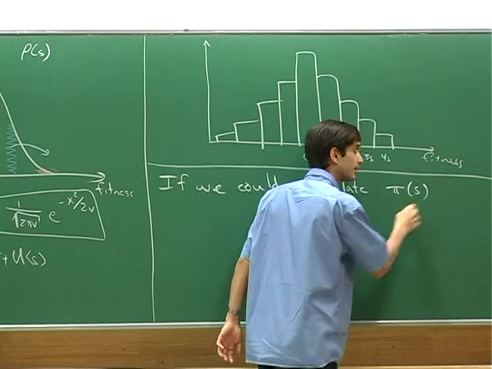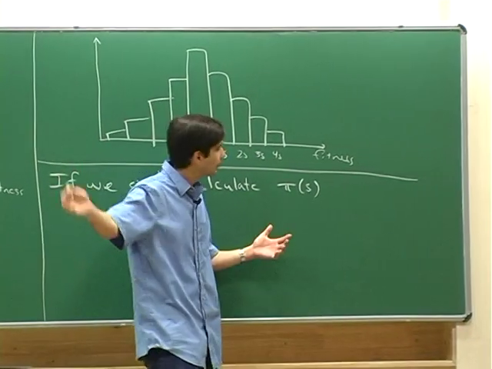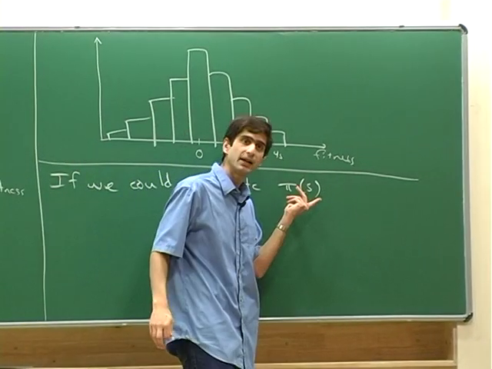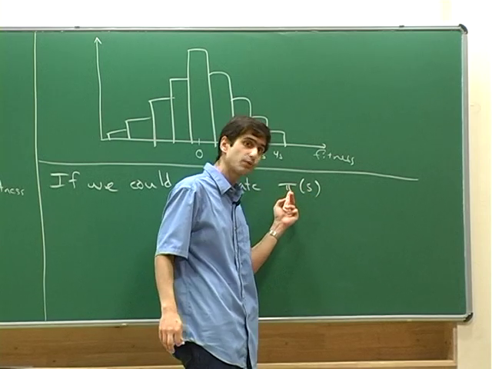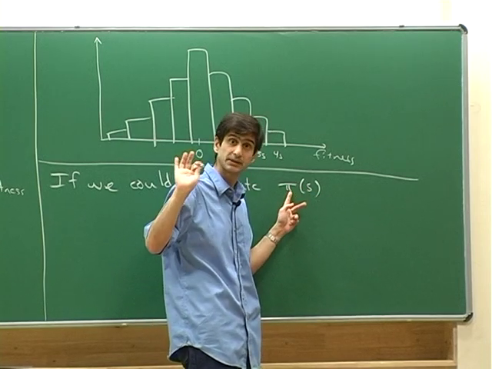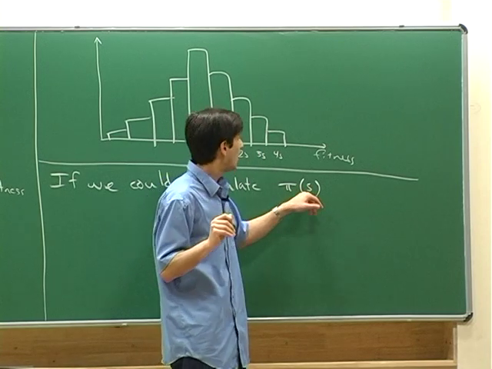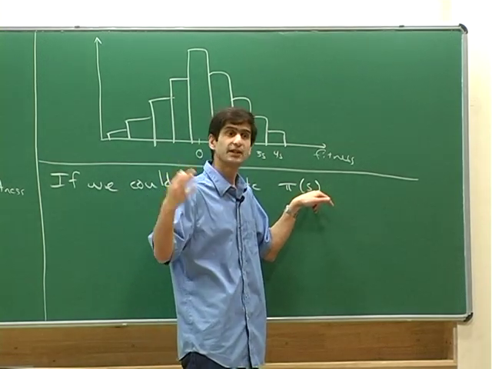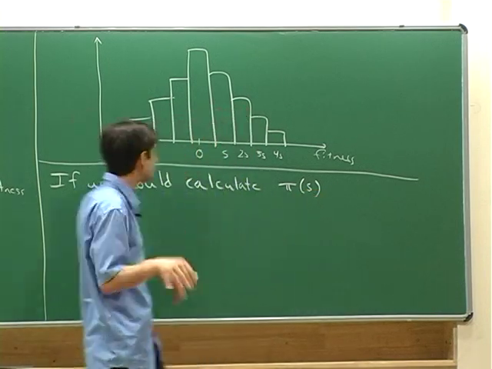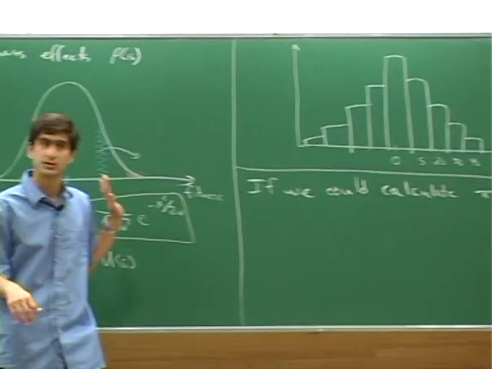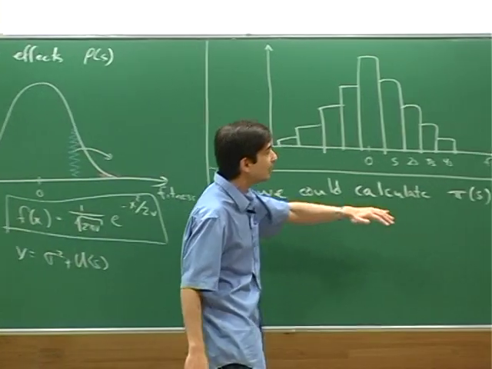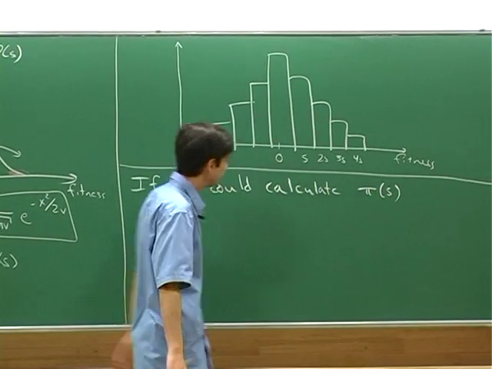pi of S. It's sort of like what Lindy and Brian have talked about, but now this pi of S is the fixation probability, not the establishment probability, not the probability of surviving drift, but the real fixation probability of some mutation that confers fitness advantage S, that just occurs at random anywhere in the population. If we could calculate what this fixation probability is,